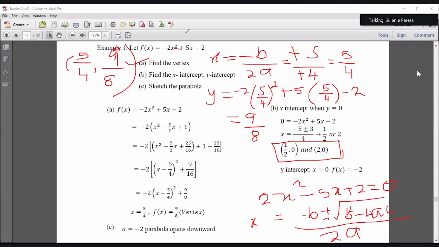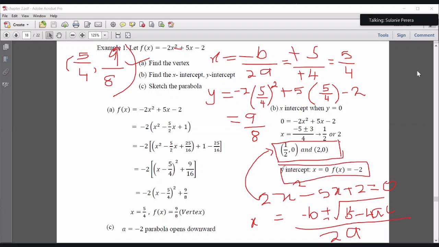18J, can you unmute yourself? Yes, madam. Now tell me, how do you find the y-intercept? We have to equate x to 0. Very good. In order to find the y-intercept, you have to equate x to 0. So if you plug in x equals 0, what do we get for y? Minus 2. Very good. So this is the y-intercept.